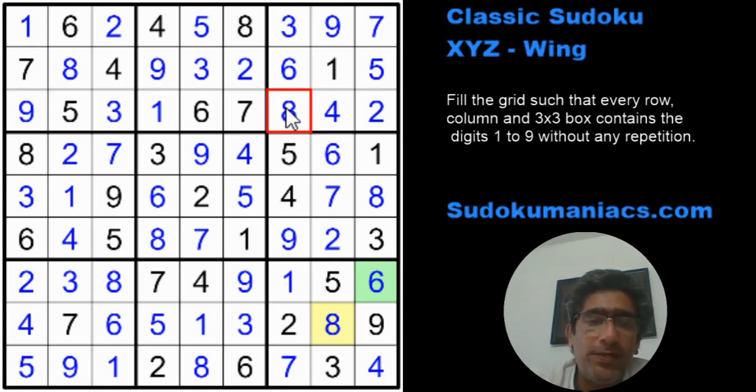So that was how we used the XYZ wing to solve the Sudoku. This is slightly on a harder side, a higher difficulty puzzle, but I used that to explain how to look for and identify the XYZ wing, because we do come across certain scenarios which are very similar to what we saw in this. So hope you guys enjoyed that video and learned something new from it.